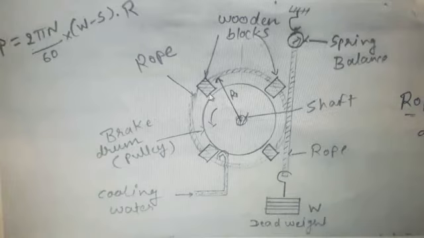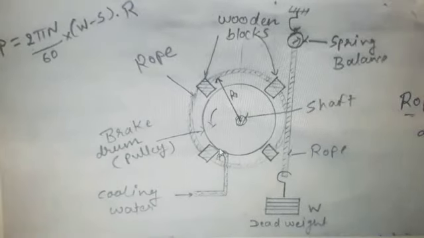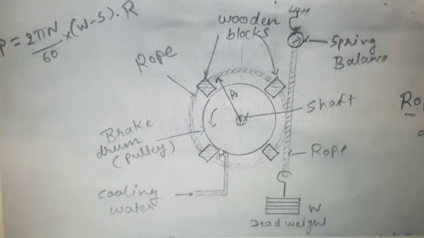Okay, due to friction between the rope and drum, a high amount of heat is generated. So the pulley is provided with internal flanges on the rim. It forms a channel for the flow of water to cool the pulley and drum. So here you can see that cooling water is applied to avoid the heating effect in the pulley. These dynamometers are commonly used for absorption of a wide range of power.